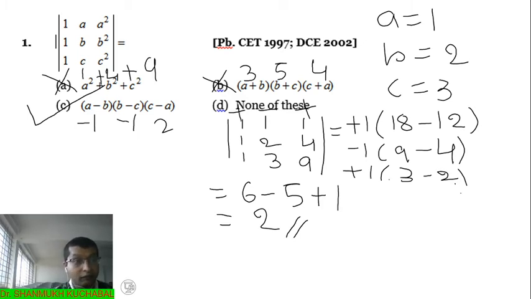Okay, like this we have to solve, that is, take values of a, b, c in such a way that the value of the determinant is not equal to 0. Further we have to substitute those values in the determinant and simplify it. In the options also we have to put those values, a simple calculation you have to do, and you should get both values the same. That will be the correct answer.